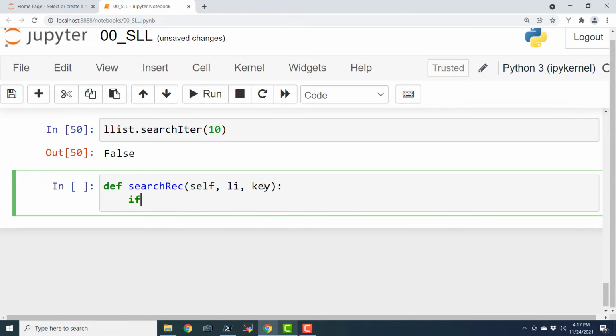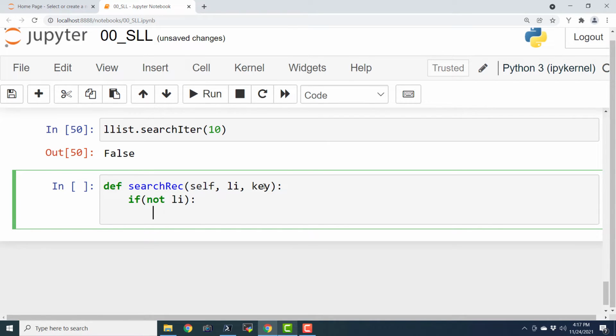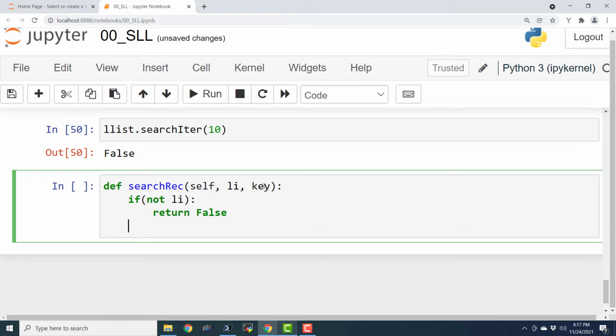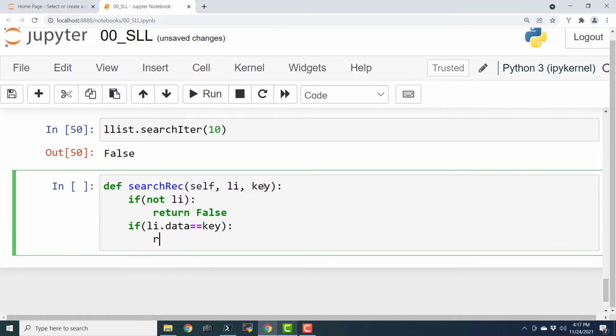If not li, it means that if that linked list is empty, then return false. And let us check the next condition. If li.data equals the given key, then return true.